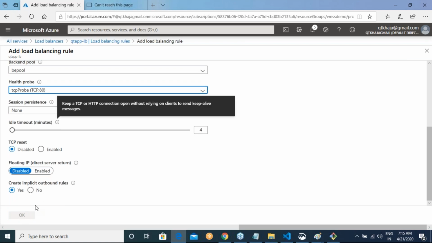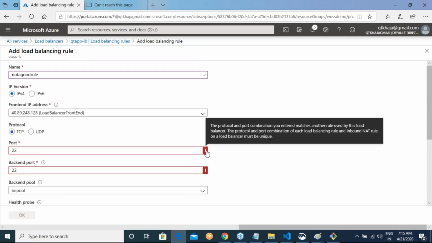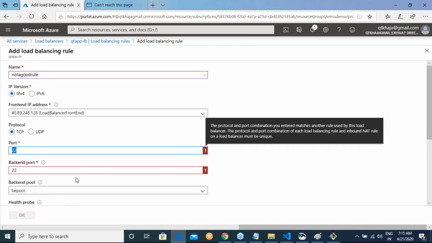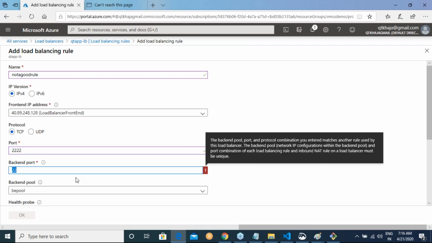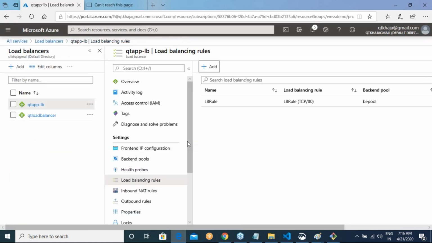I'll come back to how to change that health probe. Is there anything else? This protocol is a combination of other rules. Let me do one thing, 2220. I think we have removed that backend port rules, right?